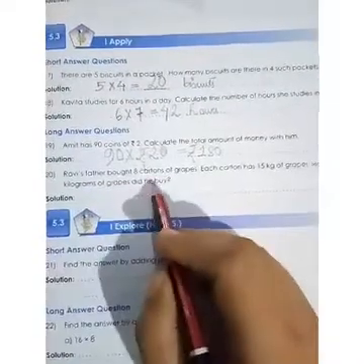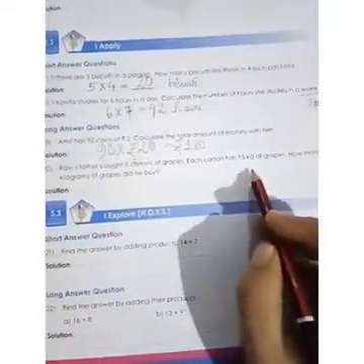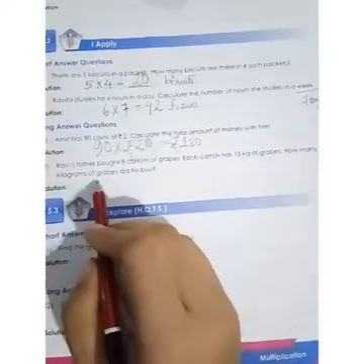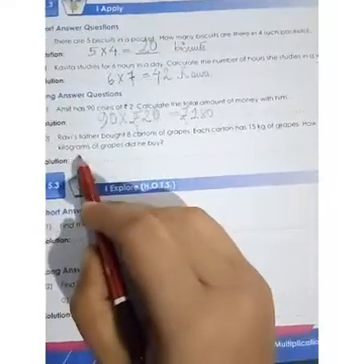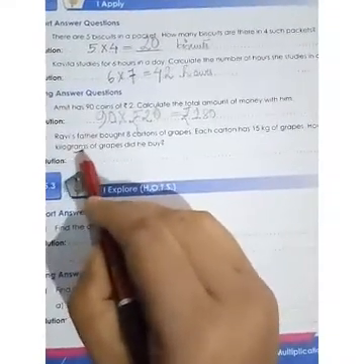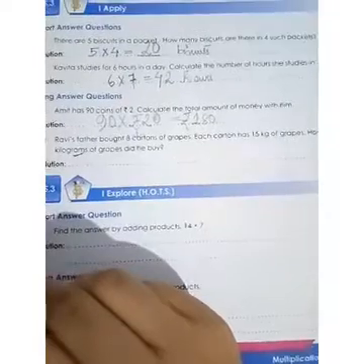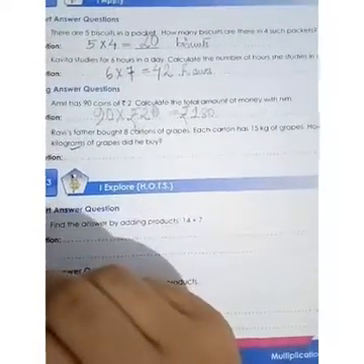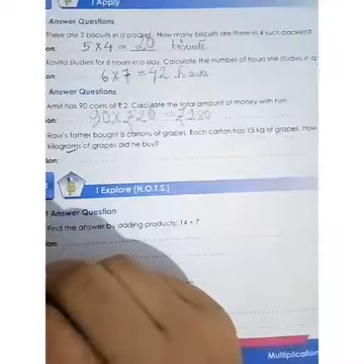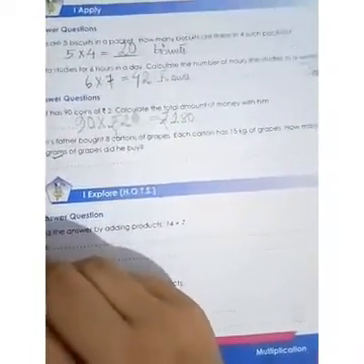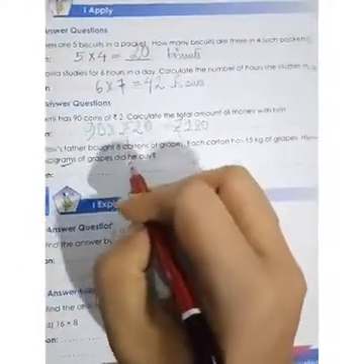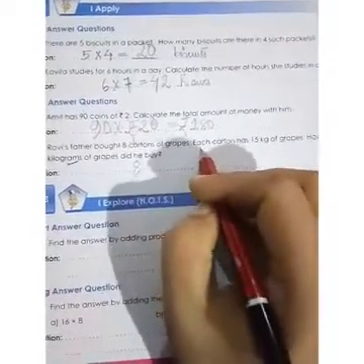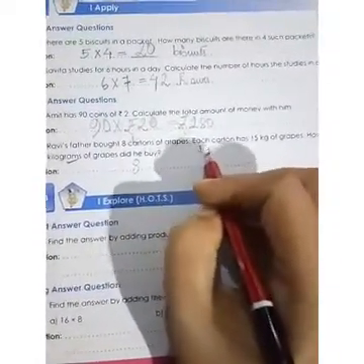Ravi's father bought 8 cartons of grapes. Each carton has 15 kg of grapes. How many kilograms of grapes did he buy? So in the next term, before term 2, you will be getting all the questions related to units. Units are used for different things. For length, it is meter, centimeter. For money, it is rupee. So these are the units used to describe a particular number, a particular amount or value. So Ravi's father bought 8 cartons. In one carton, each means 1. In mathematical terms, each means 1.